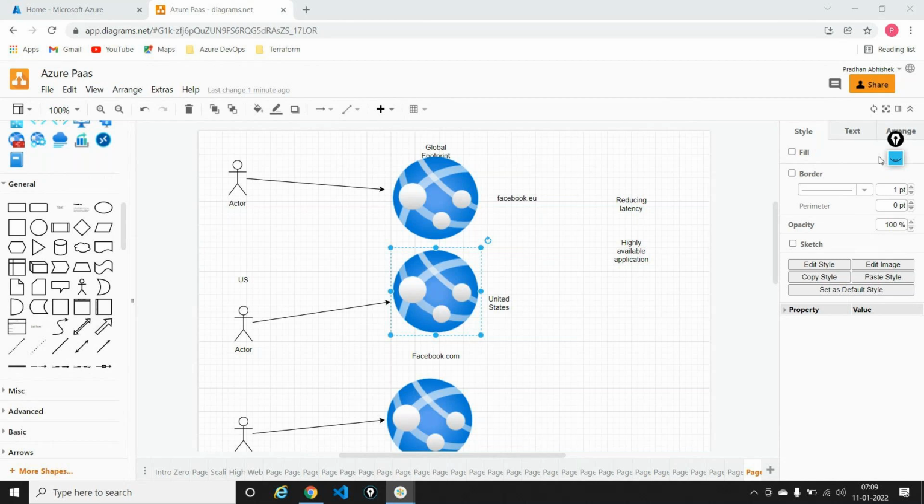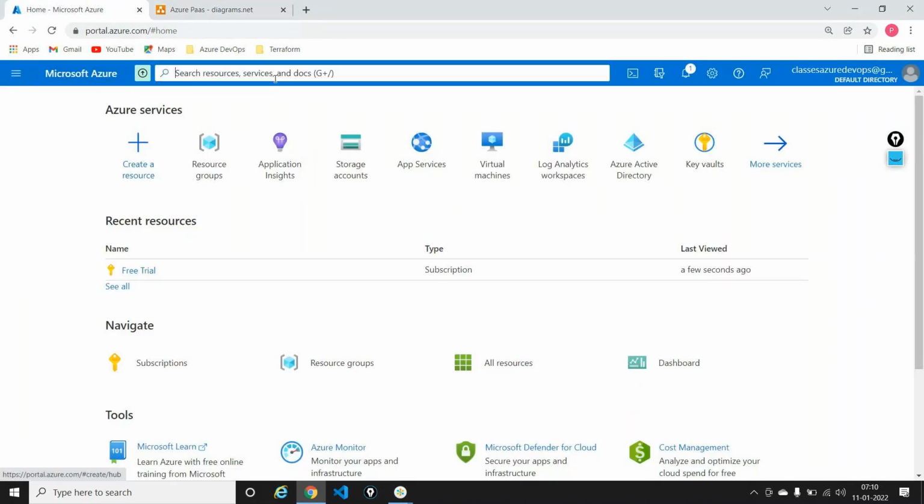Exactly, we used a load balancer. So my question is that can I use the same load balancing solution out here? So let me go here. Let me say load balancer,